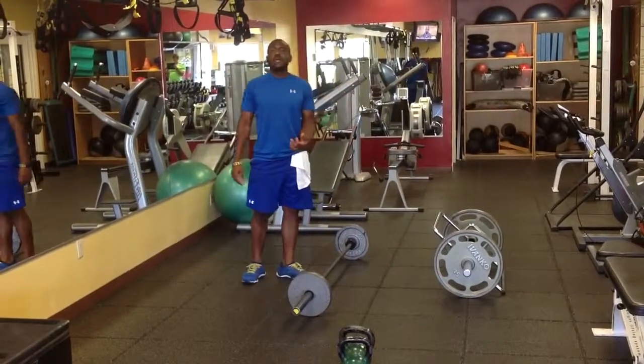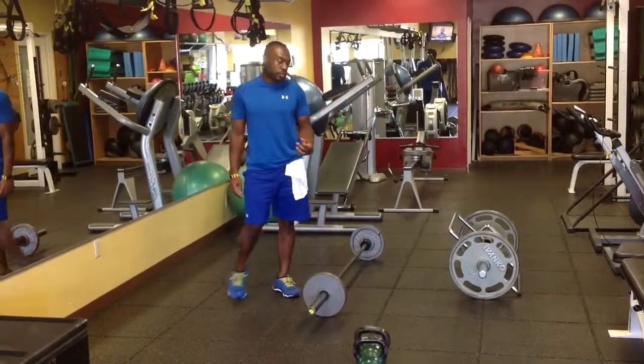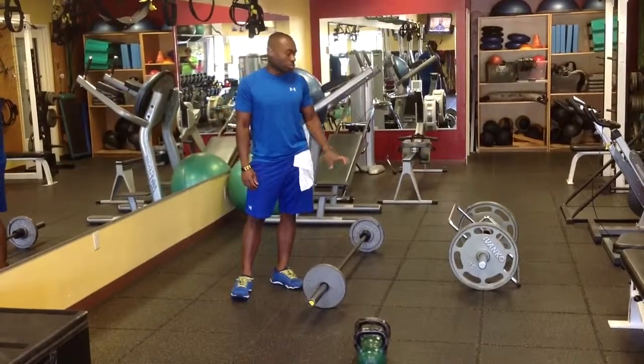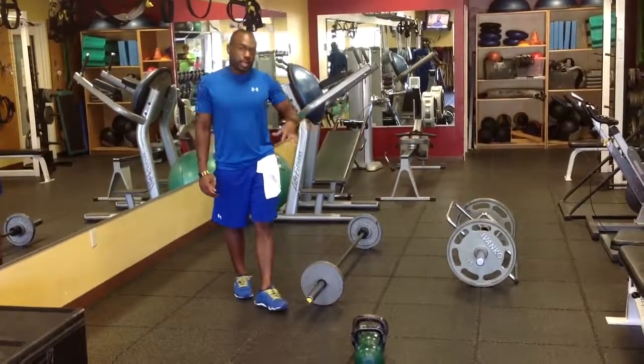Now, depending on the type of athlete we may get, if you have someone that's really long and tall, doing this might actually not be advantageous. So a trap bar might be better with them. So it depends on the anthropometric